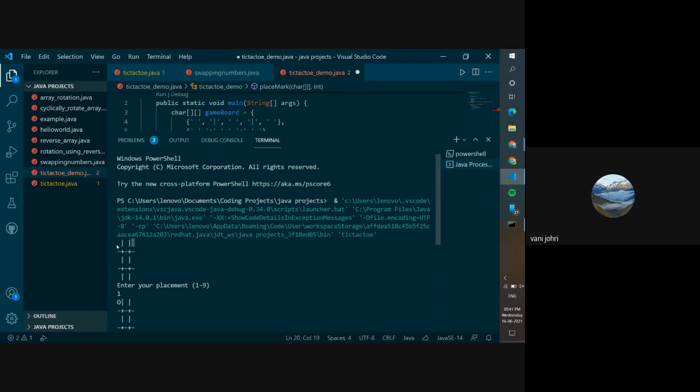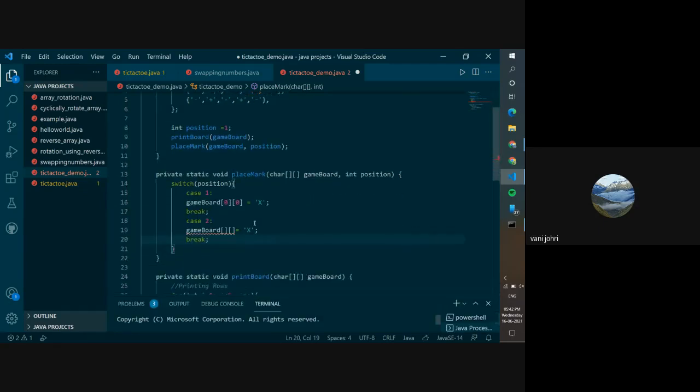Yes. So we had it at 0, 0, we had it at 0, 2, and then we had it at 0, 4. So that is what I'm going to write. This is not going to be 0, 1. This is going to be 0, 2. And then we're going to have the same thing. Going to be case 3. I'm only going to do this, and you guys are going to do the rest of it. 0, 4. All right, and I'm going to save this.